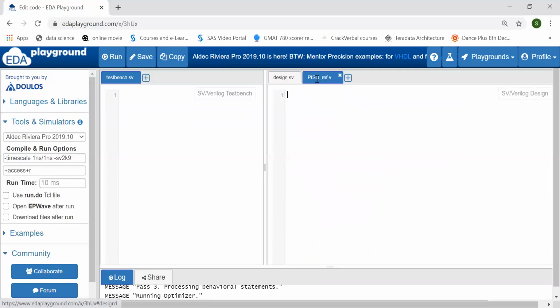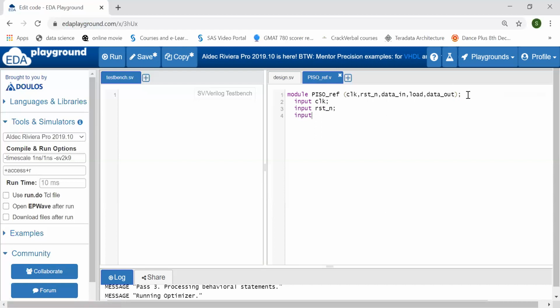As I have said, I'll be writing code for an n-bit PISO. So module PISO reference, inputs are clock, reset n, then data in, same port list, load, then data out. So input clock, input reset n.